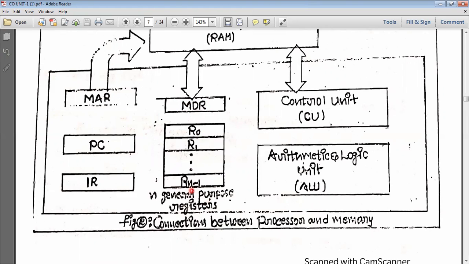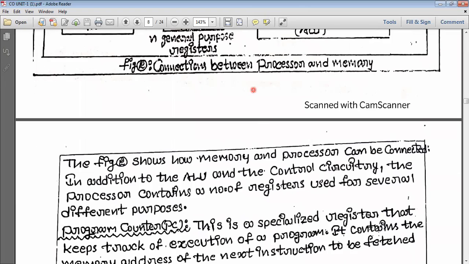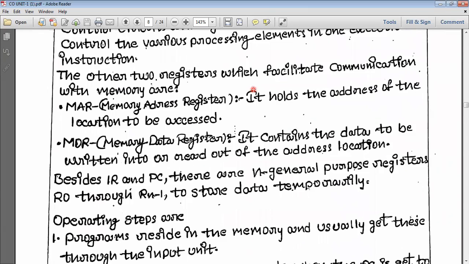What are our general purpose registers? If we want to store some data in registers, then we use these registers, R0 to Rn minus 1. ALU, already we know, all these operations are performed by using this ALU only. Control unit means to do all the activities, this control unit coordinates and helps with all the data transfers. Okay, this is about the basic operational concepts.